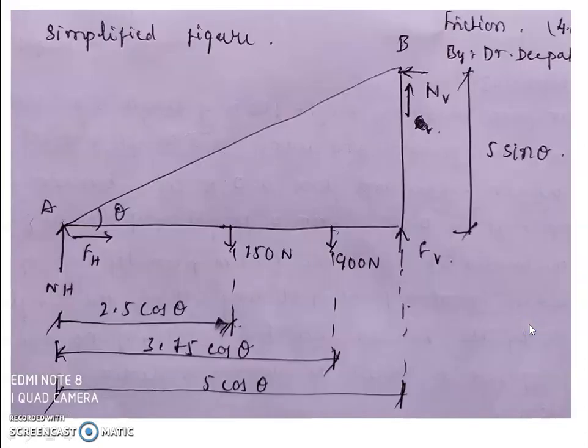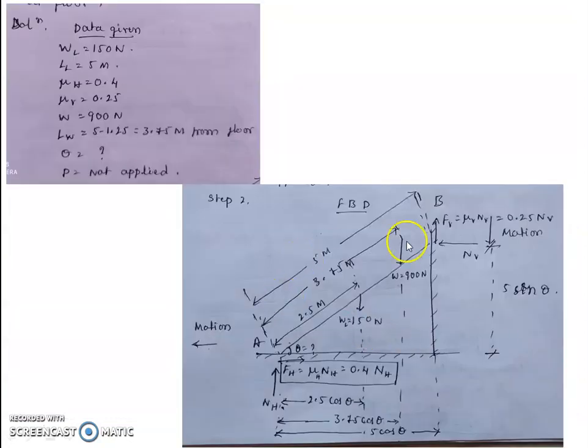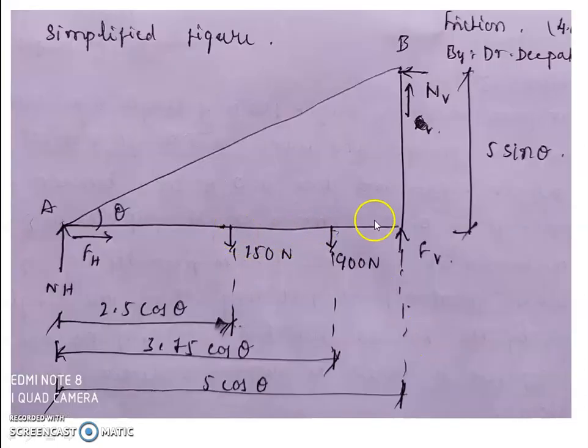Okay, next I will write the simplest form. How this figure will come: I took these weights and represented them over this line. Here, this horizontal line, I represented all the weights, and this vertical line I will represent this. So see, this is the very simplest form. You also write this simplest figure.